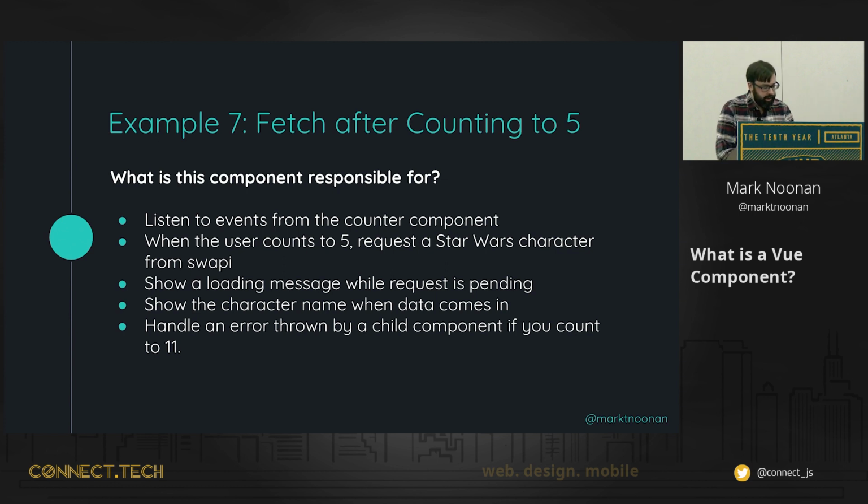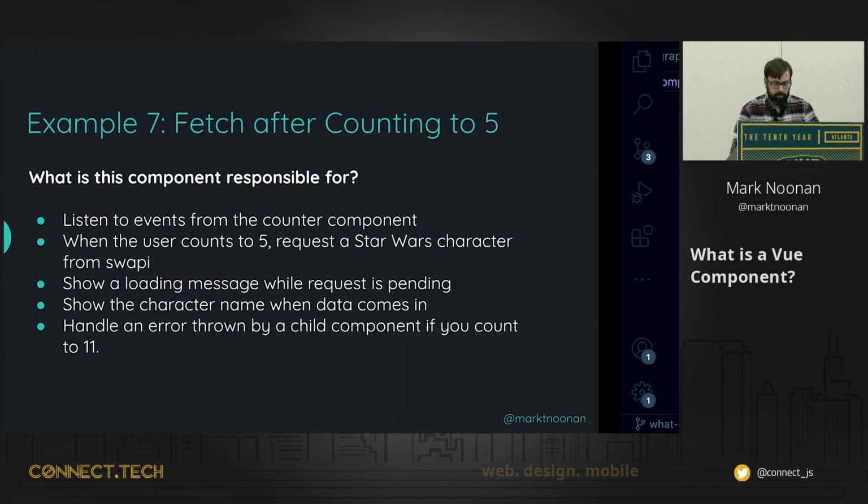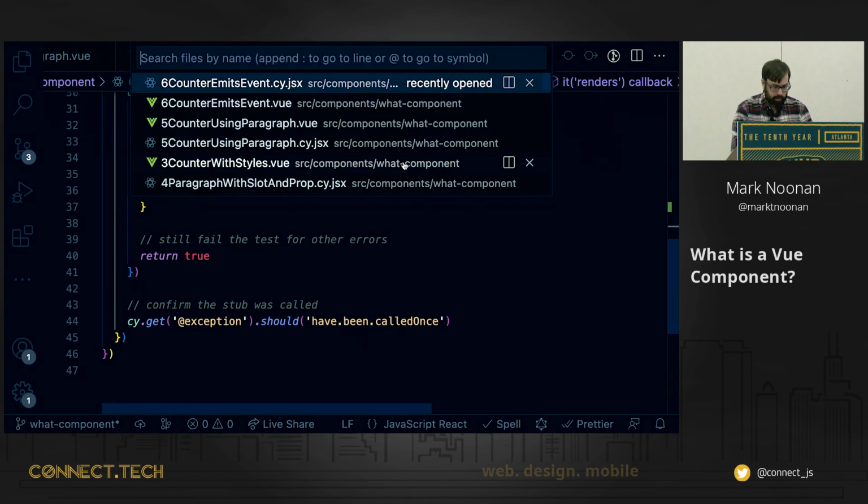We'll get something back. It has a couple of other things it needs to do. It needs to show us a loading message after we've kicked off the request. We need to show a character name that came back from the request. And then we have to handle this annoying error from a child component after you count to 11. So I think the way we should approach this